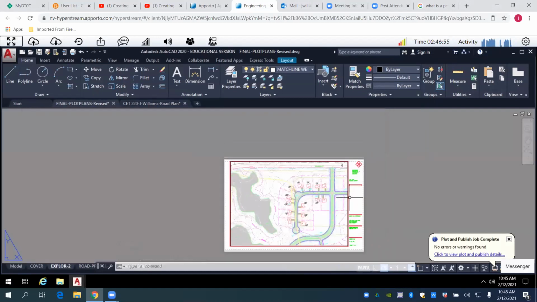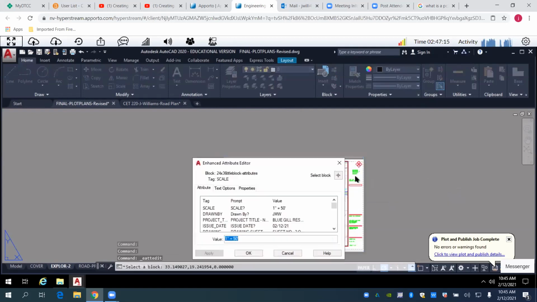The block is attributable, right? So here's what you're going to do. The title block, meaning. So you're going to double click on the title block. There we go. Okay, I had to keep double clicking, but it brings up this